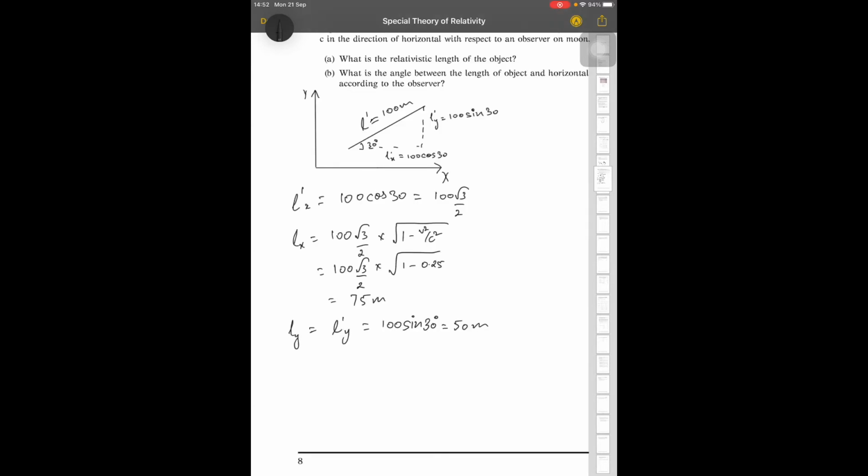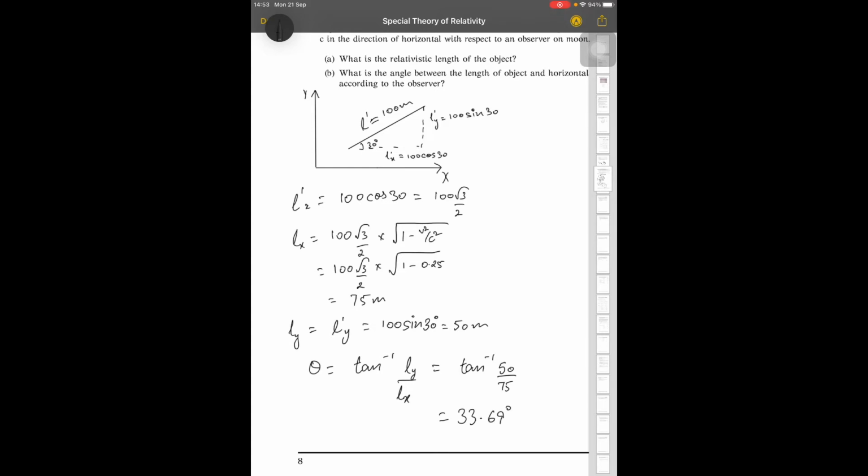Now angle theta will be equal to tan inverse Ly by Lx, where theta is the angle between the horizontal and the rod according to the observer, which is equal to tan inverse 50 upon 75, which gives us around